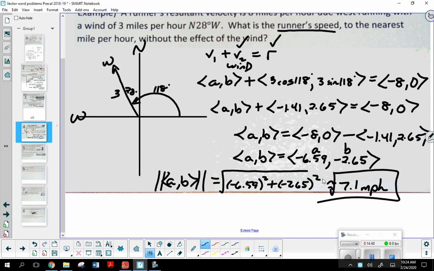There we go. Now the resultant speed the runner was traveling is 8 miles per hour. So was the wind actually helping or hindering the person? Actually helping the person. So I guess we have to believe that it was blowing from the individual's back. Now remember, we're in a two-dimensional setting, so 3 dimensions kind of changes things, but we'll see that when and if we are able to get there. Any questions on this problem?